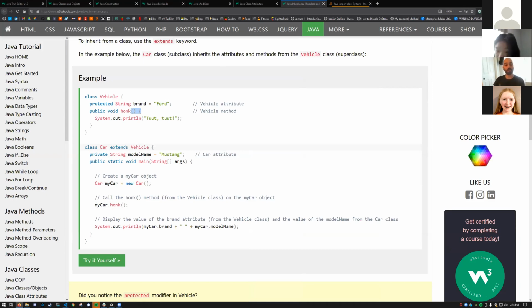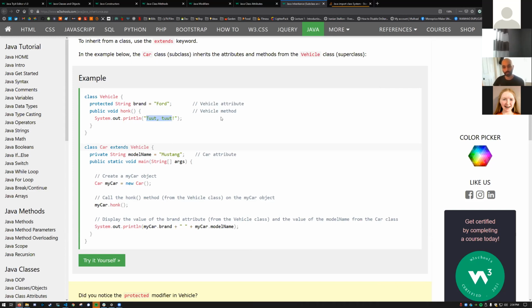It's not global in the sense that you can access it anywhere, anytime. It's global in the sense that if you declare an object, you can mess with that public variable, while private means sort of like local, where you can only mess with the variable within the class. So we have class vehicle, and it has this public method honk, and what honk does is